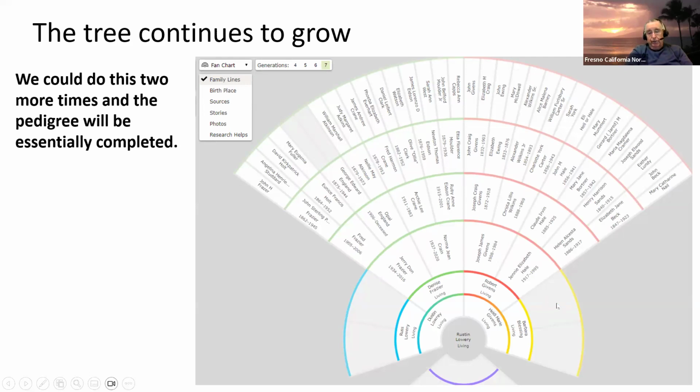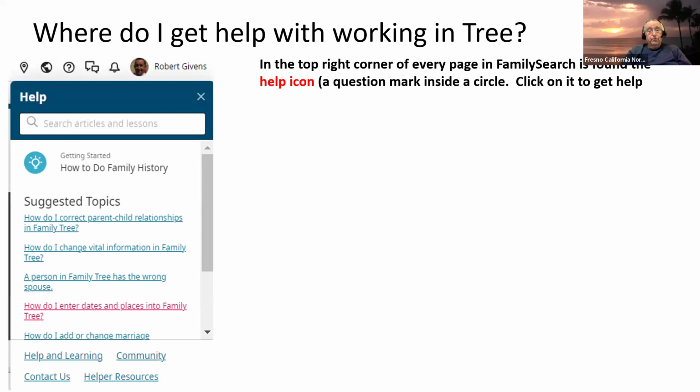And then we can do it again for Barbara, and that whole wedge will show up. And then that would just leave us to build the Lowry part of the line like we were doing this first section. It'll probably take a little bit of work, but this is a very typical situation for building trees from scratch. It's not hard, you just have to stick with it. Remember, if you need help, we have the little help button at the top.